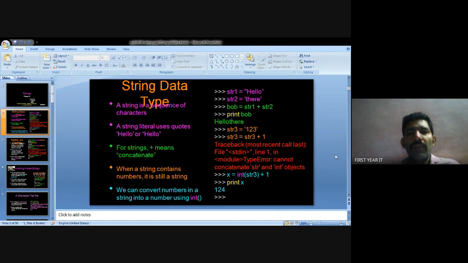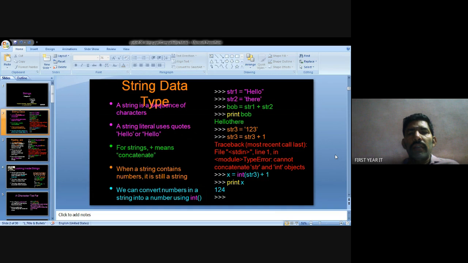Two strings will be added in the pop variable. Print pop means the value will be the string hello there. Understood? Okay.